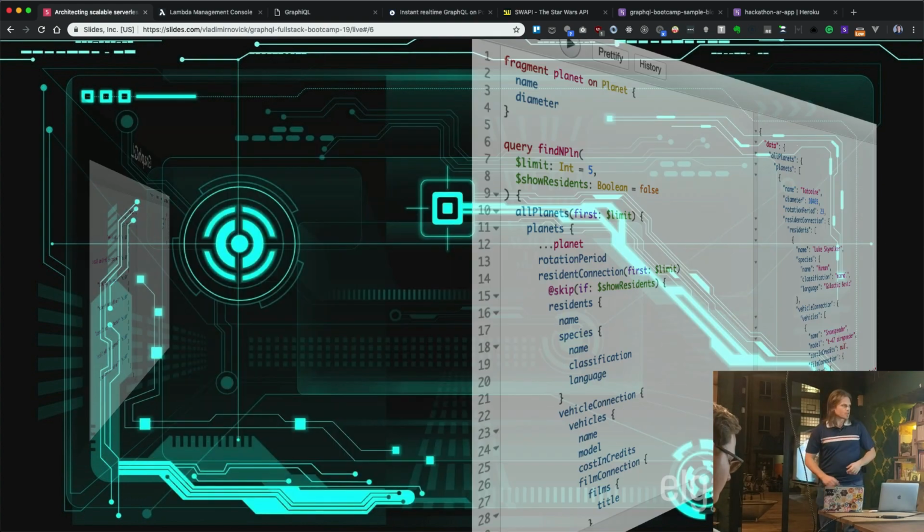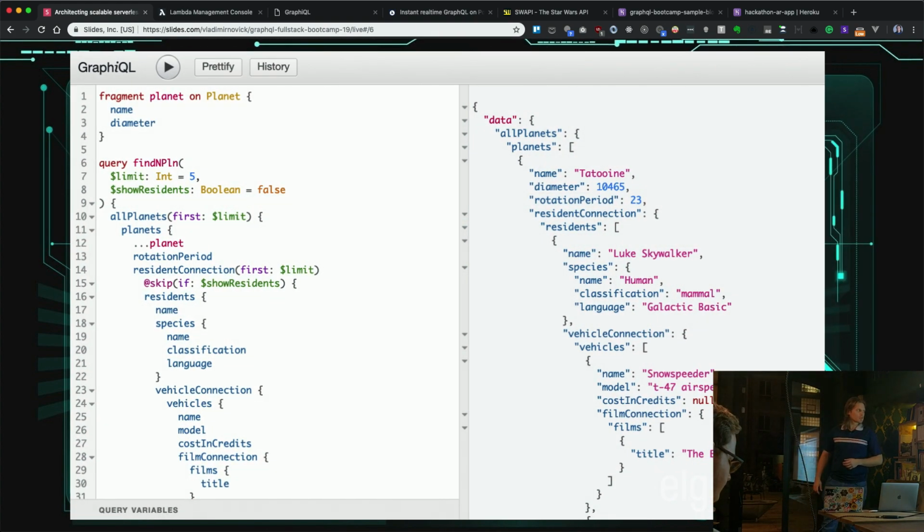But what if we have something more complicated, such as this? We basically want to get planets, and for each planet from the Star Wars universe, we want to get the rotation period and the amount of residents. For every resident, we want to know what species it is, which vehicles he used, in which films, and what are the directors of these films.